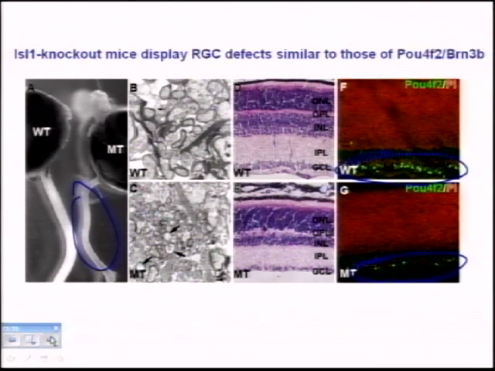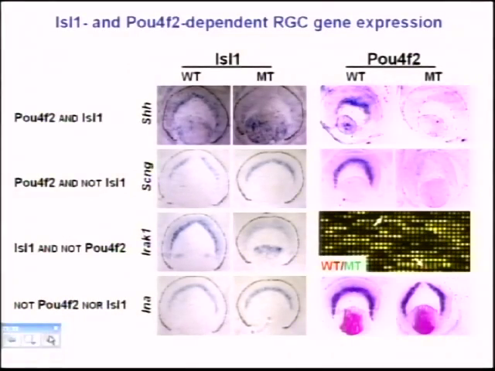All right. Now comes really the heart of matters in terms of establishing roles of transcription factors in a gene regulatory network. And this is what I want to turn to in the last few minutes to build a network. So in this case, we predict that brain 3B and islet-1 have the same jobs in terms of where they are in the hierarchy, but they're different transcription factors. And we look to see, by doing gene expression profiling, what kinds of genes are dependent on islet-1 and Pou4f2. We see 4 different classes.